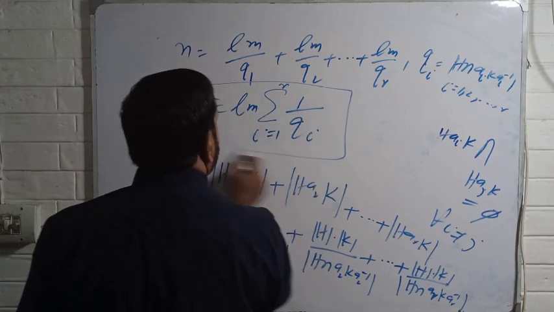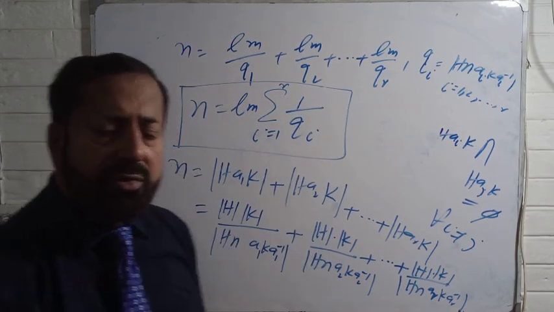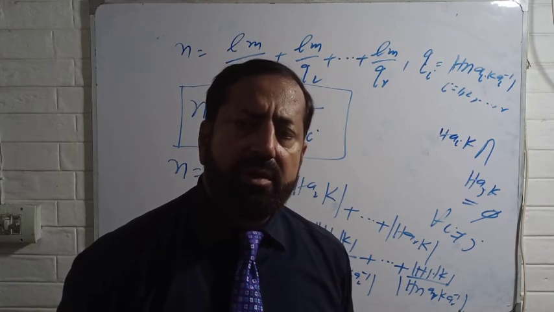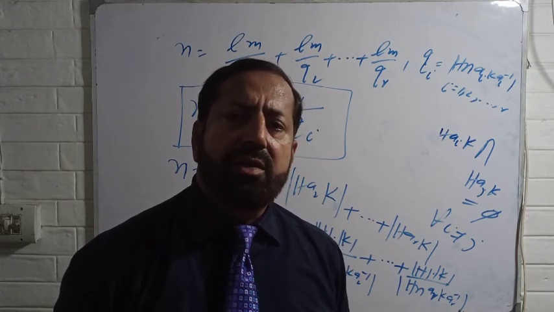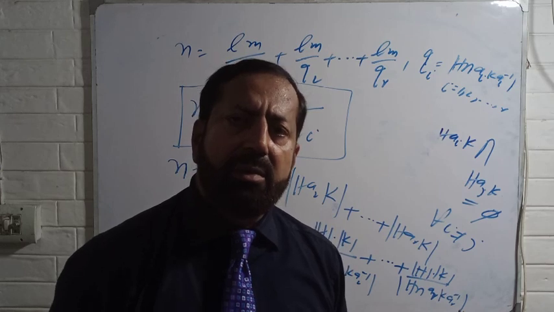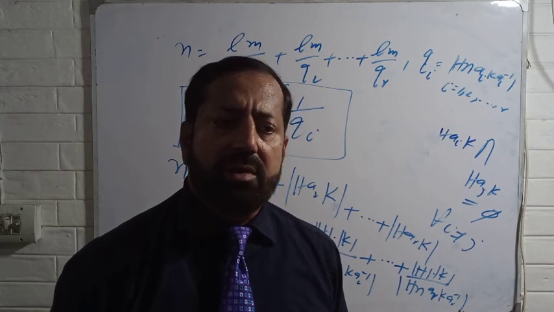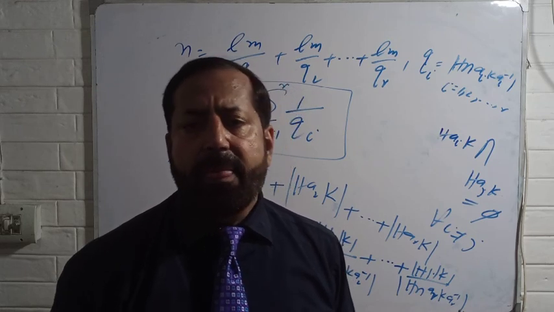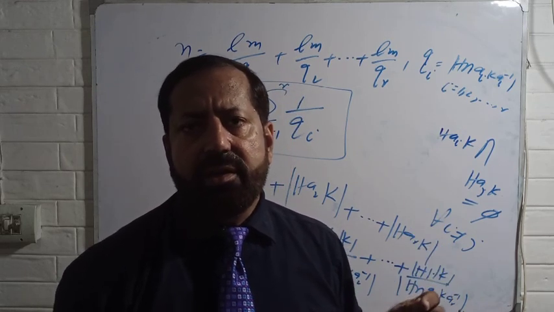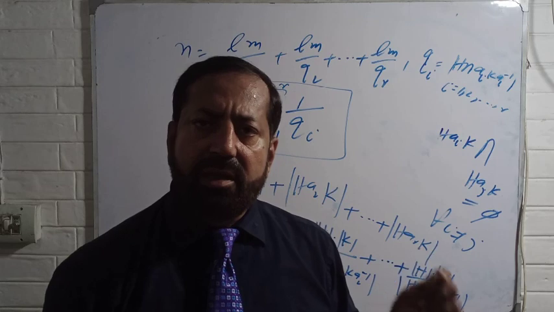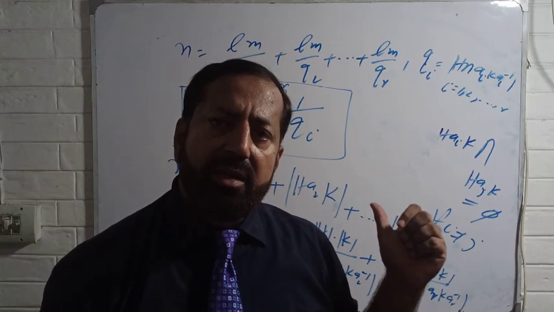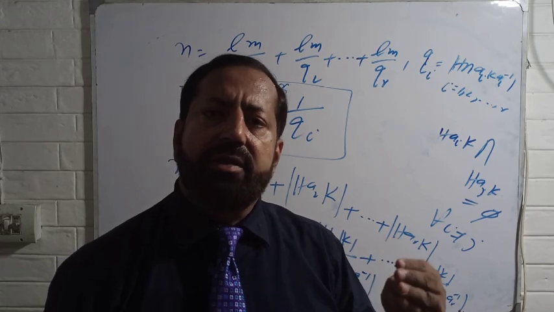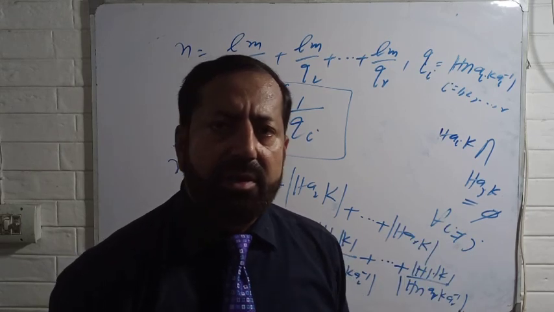Okay, this is another result we are going to use in the proofs of the Sylow third and Sylow second theorems, and also in some consequences of the Sylow theorems. So try to revise the idea of cosets and then try to understand the idea of double cosets modulo HK that I have discussed in detail with the help of examples.